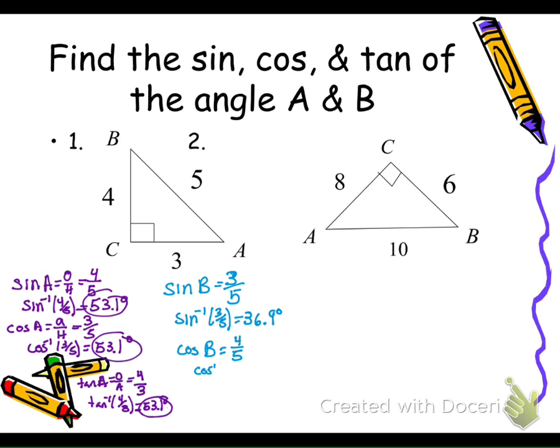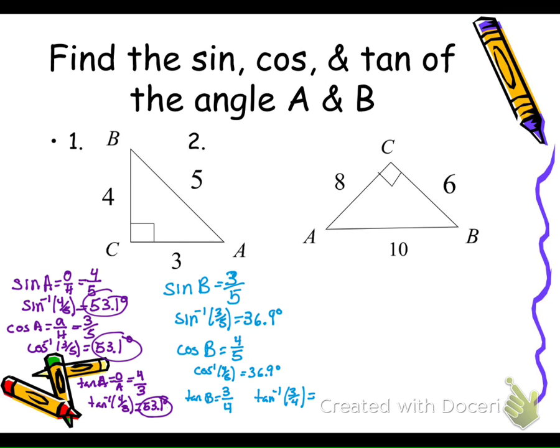Okay. Raya's group, cosine inverse of 4 over 5. 36.9. And then we're at tangent. So tangent of B, we're over here. So Brandon's group, what is the tangent? So opposite, what is opposite of B? 3 over adjacent to B. So which side is adjacent to B? Yep. Okay, we're back over here. And we have our last one, tan inverse of 3 over 4 equals,